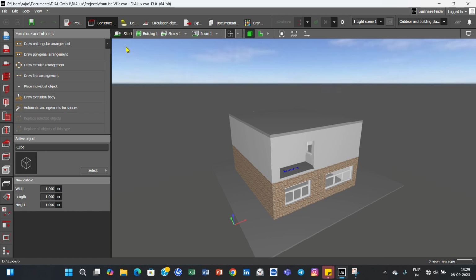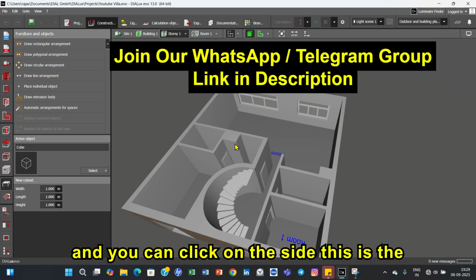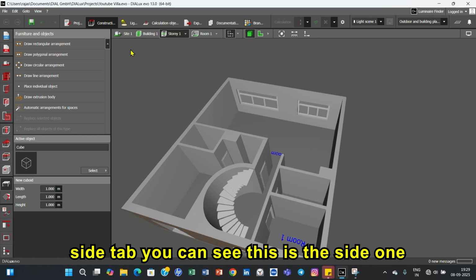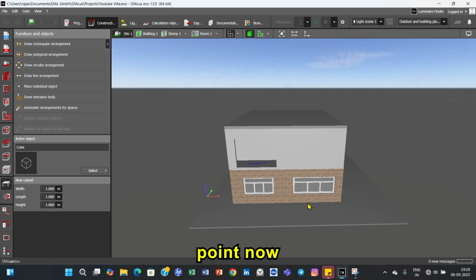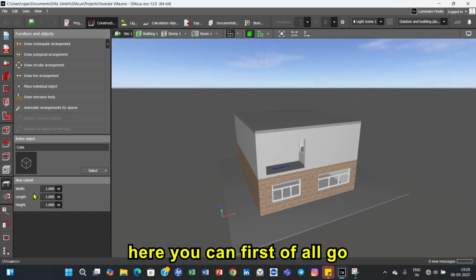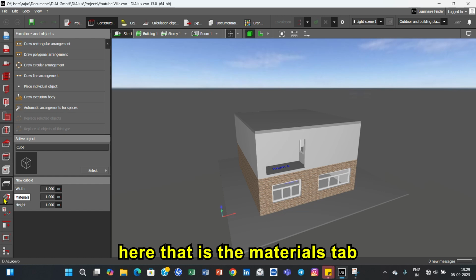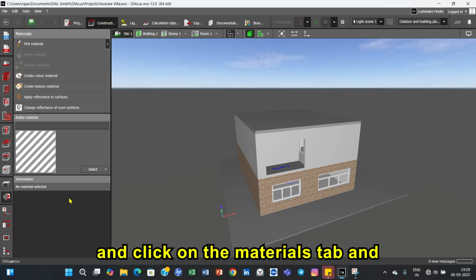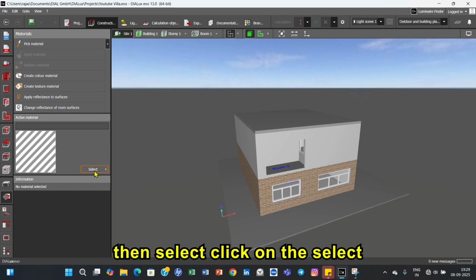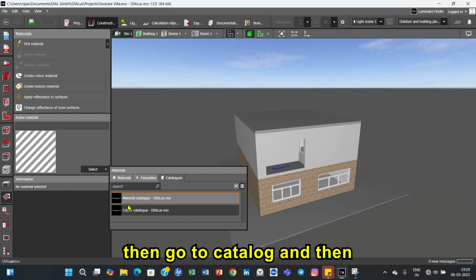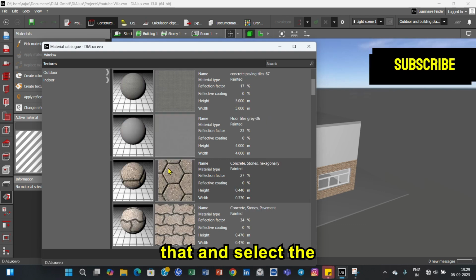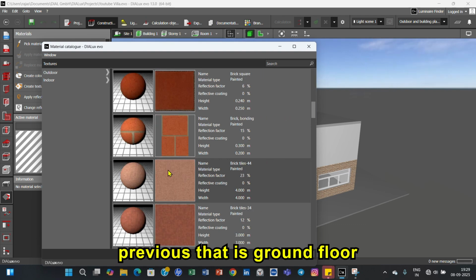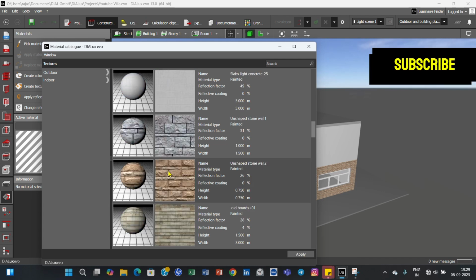When I opened DIALux Evo, we were at this point, and you can click on the site. This is the site tab. You can see this is the site one, and you can click and you will go to this point. Now here you can first go to the materials tab, click on it, then click on select, then go to catalog, and then material catalog, double click on that, and select the texture you already applied on the previous, that is the ground floor. This is the texture,